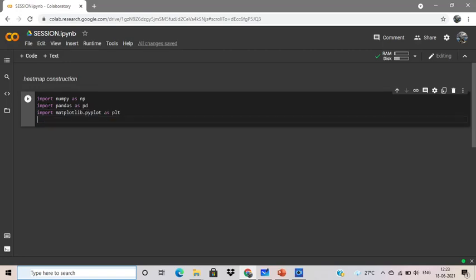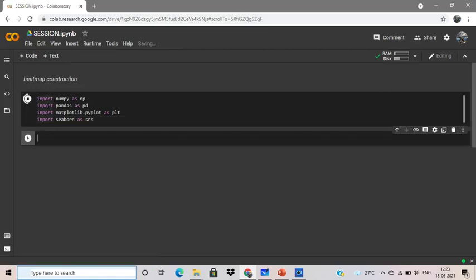Here you can see that the option came up, and we need the Seaborn library also, as sns. Let me just run this. Here you can see that we have imported all the libraries.